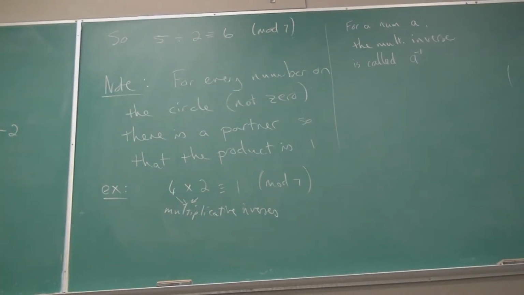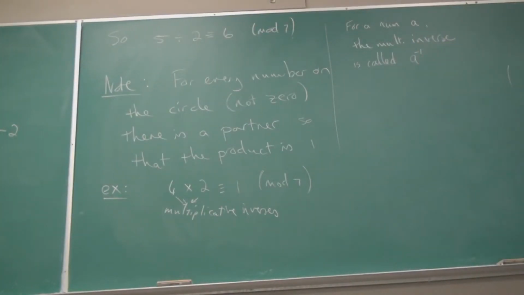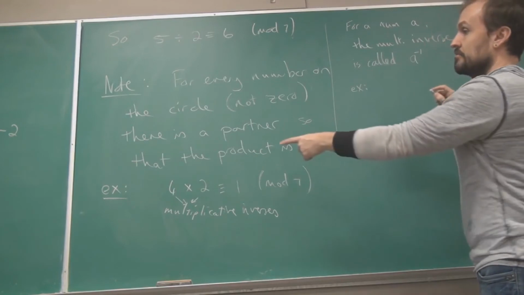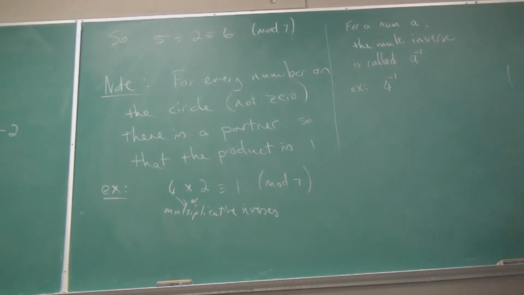When it was an additive inverse, I put the negative in front, so I can't do that again. A negative indicates opposite, but it's a different kind of opposite, so I put a little -1 up at the top. So we can say, for example, 4 and 2, so the multiplicative inverse of 4